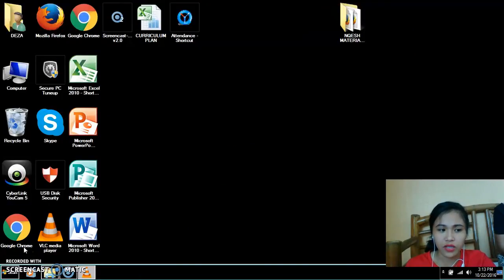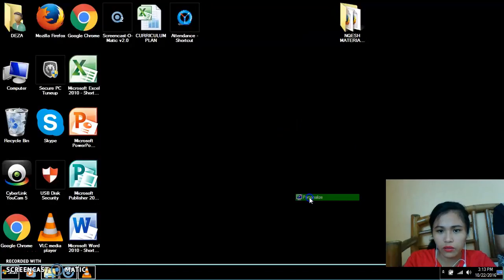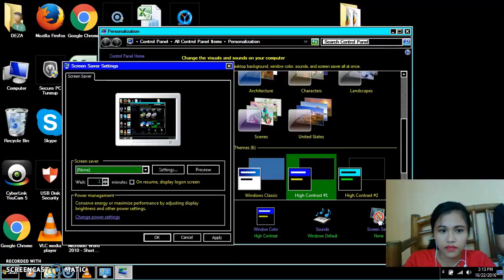So to set a screensaver, perform the following steps. So click the personalization window and then find the screensaver and click it.